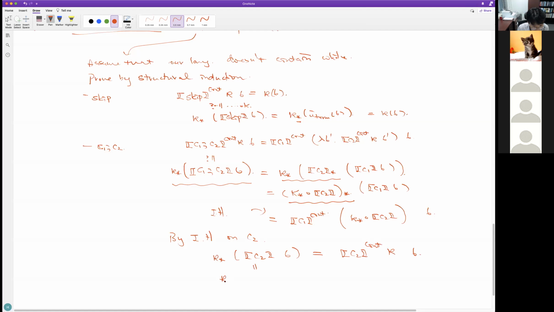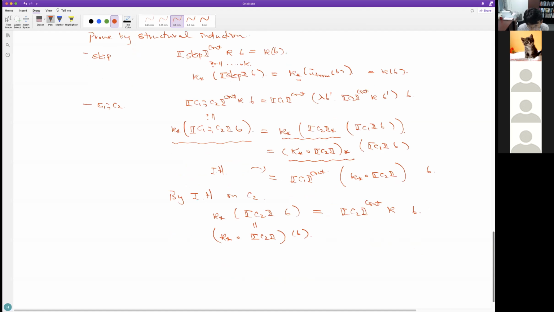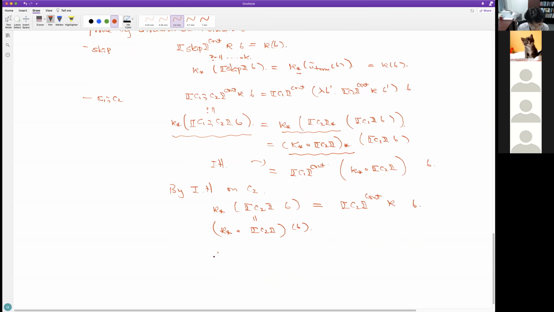For both sides, the induction hypothesis tells me kappa star C2 is the same as C2 continuation kappa. So this tells us we can replace this part by C2 continuation kappa.